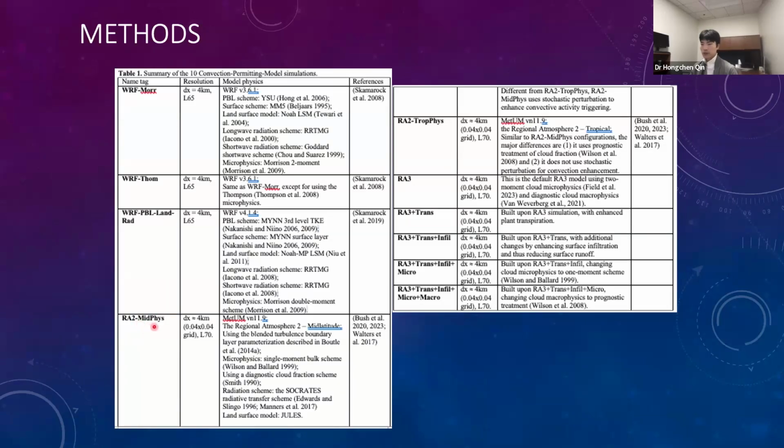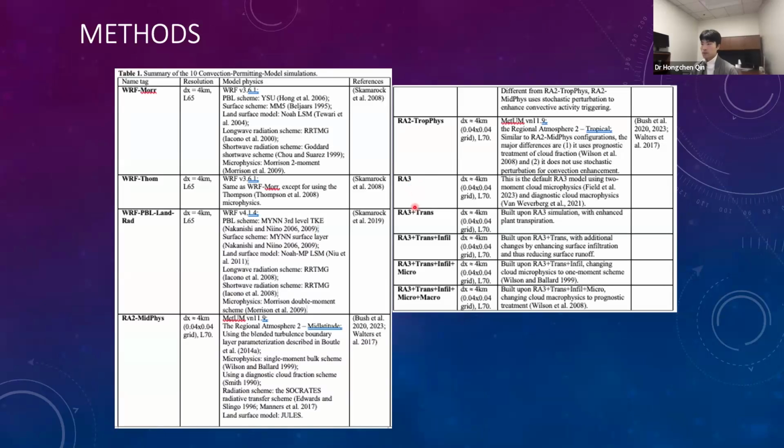The RE2 mid-phase is Regional Atmosphere version 2, mid-latitude physics configuration. The RE2 tropical phase is Regional Atmosphere version 2, tropical physics configuration. The RE3 is the default version 3 of Regional Atmosphere.